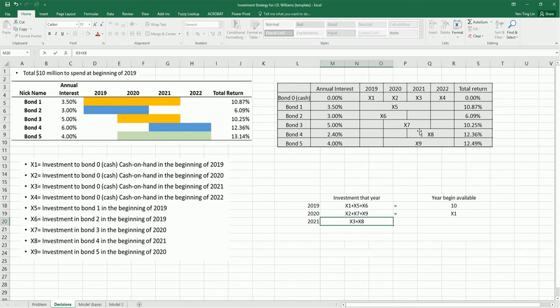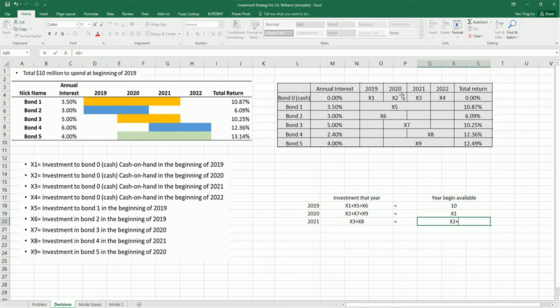Bond 4 opens that year, and that amount needs to equal the total supply of available funds. The funds that will become available at the beginning of 2021 are the ones that mature at the end of 2020. So that includes the cash X2